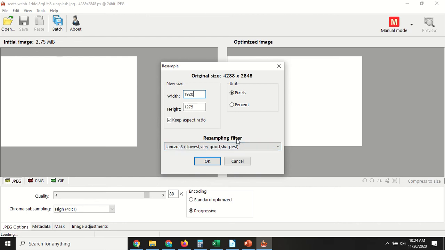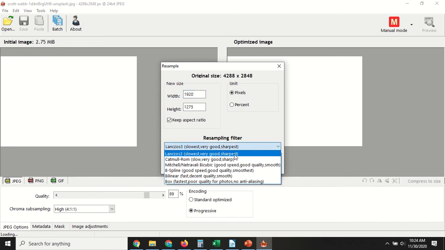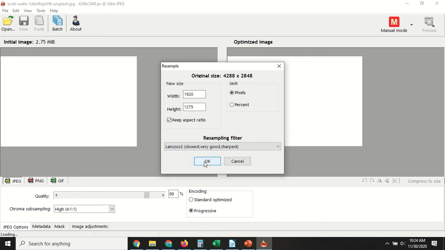And then you want to choose your resampling filter. Once you choose it once, it'll stay set to the one you've chosen before. So this is already set for the one that we want. I'll show you the options here. The one on the top is the best, the sharpest, and it's the slowest, very good, and sharpest. Lanczos 3. Select that, select OK,